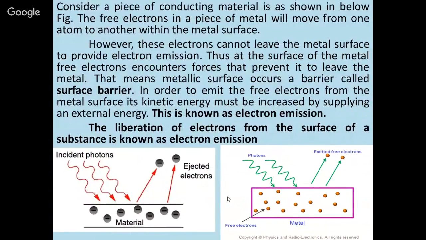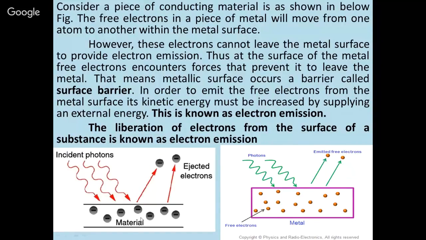So you can observe the figure here, this is the metallic surface where, due to the normal temperature, electron-hole pairs are being created in any material. But they are moving from one atom to another atom, or they are only moving inside or at the surface of the metal piece, but they won't come outside,